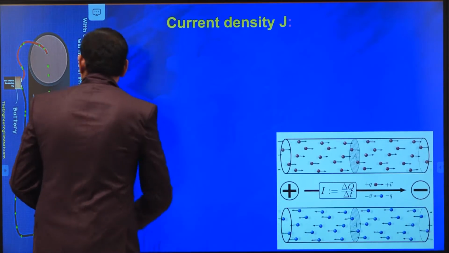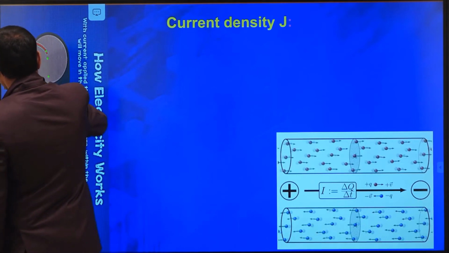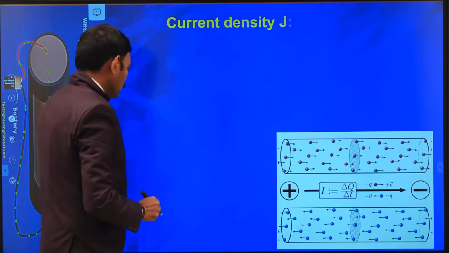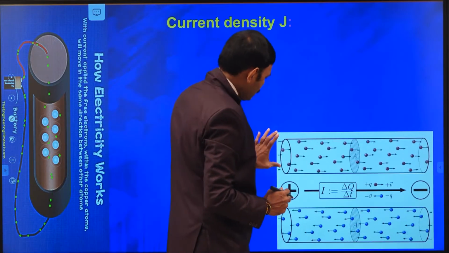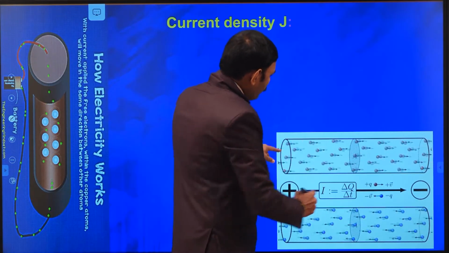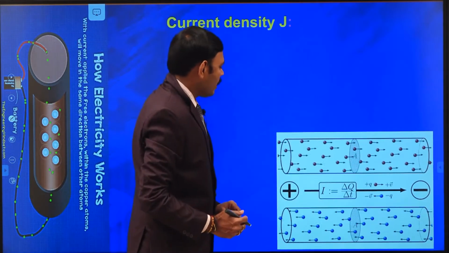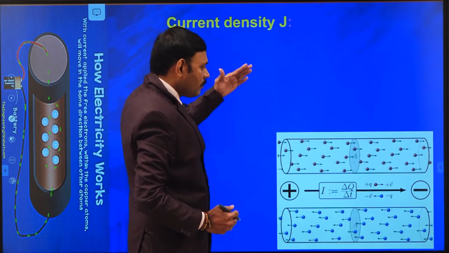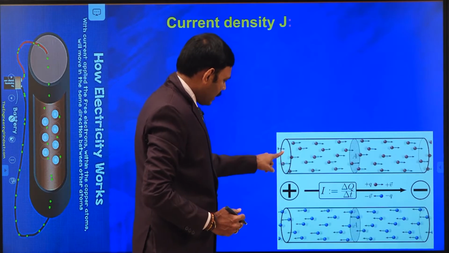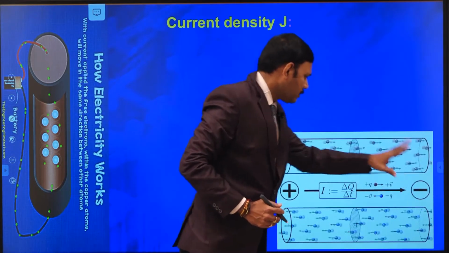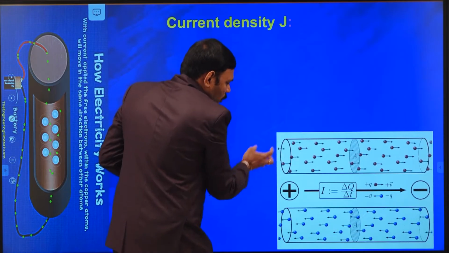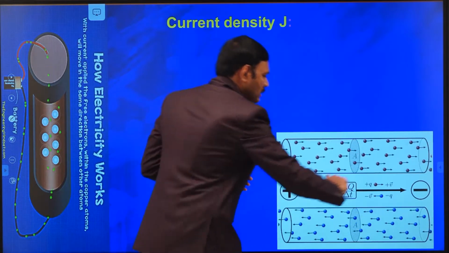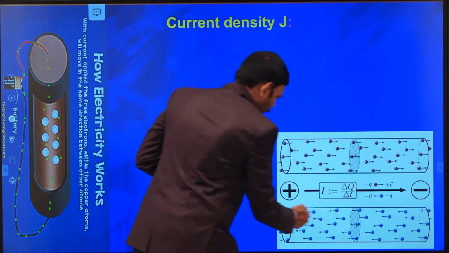So students, we are now discussing current density. Current density means, let us consider this animation in which this is a conductor, and we apply an electric field between the ends of the conductor using a cell, as we saw in the video. This end is given the positive terminal of the battery and this end the negative terminal. This part does work on positive charges and moves them from left to right, while the electrons are moving from the negative end to the positive end of the conductor.